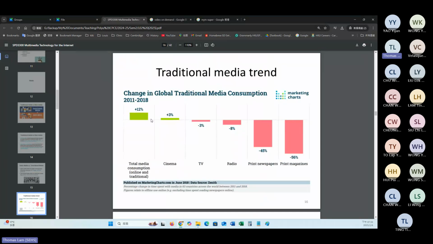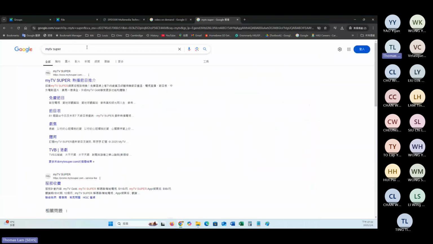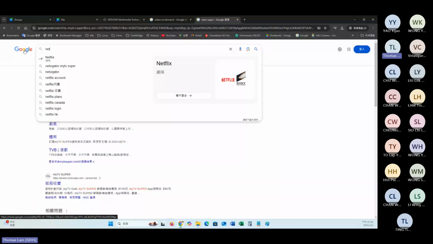And again, we have YouTube, which is the social media platform that allows people to post video or even share video or watch video. And to me, sometimes I don't think that TV programs are attractive. Some students told me that they have subscribed to Netflix.